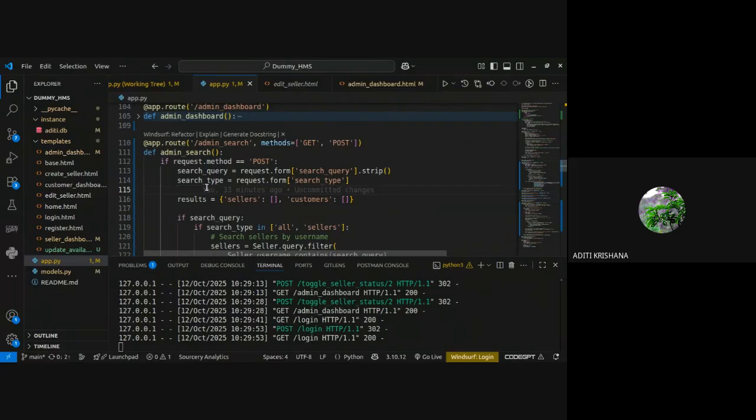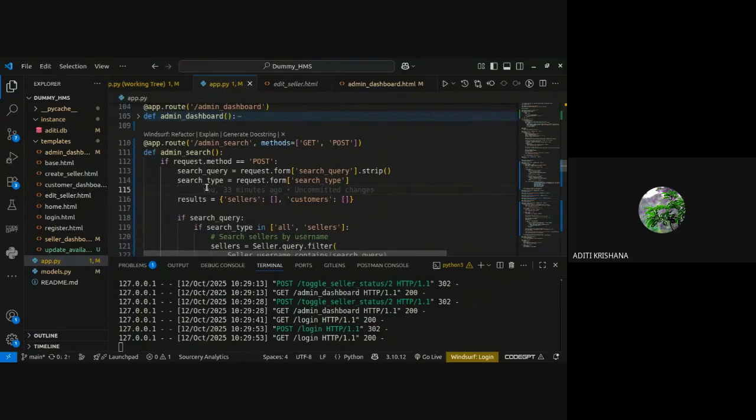First, there is a drop down button in which I select the search type, whether I am searching for customer or seller. And the next thing is the search query, which I type inside my input box. That will be fetched and stored inside the search query variable.